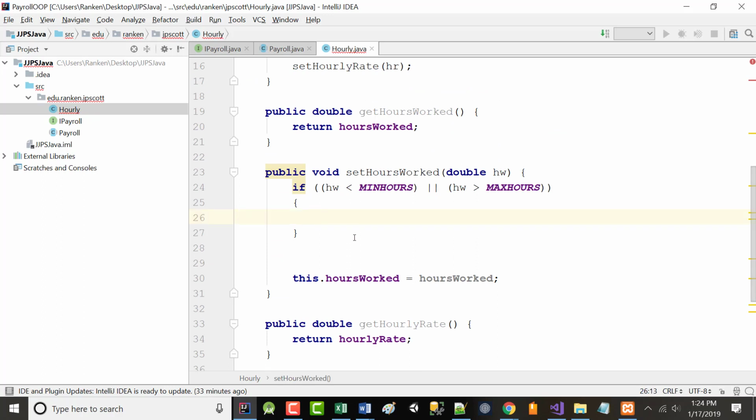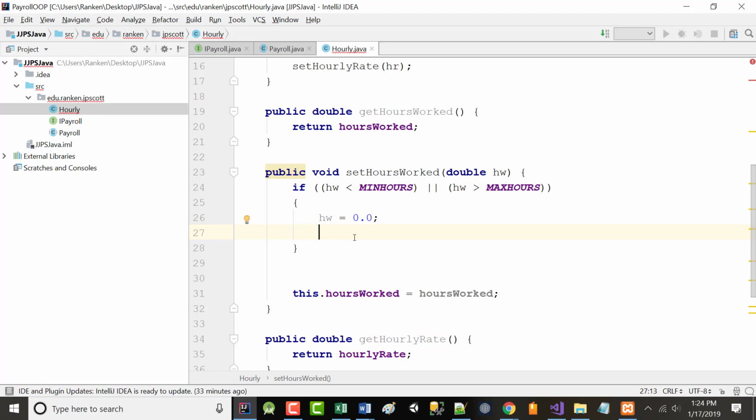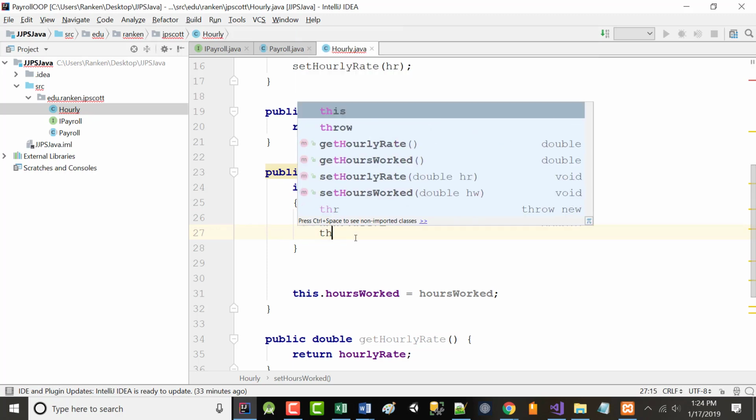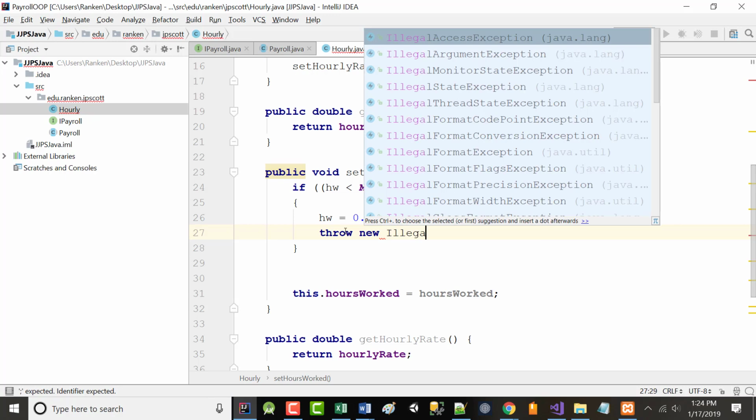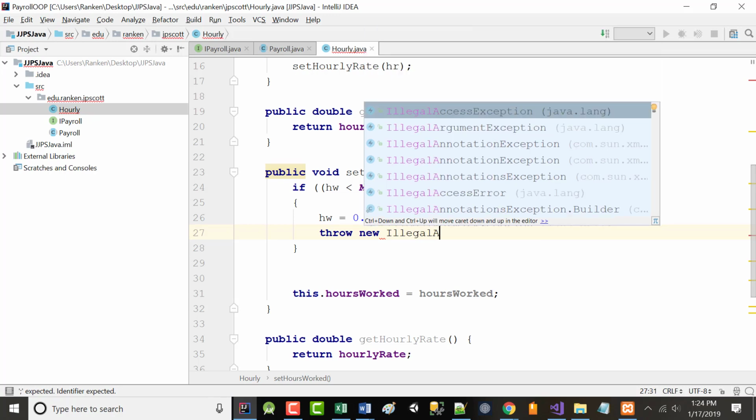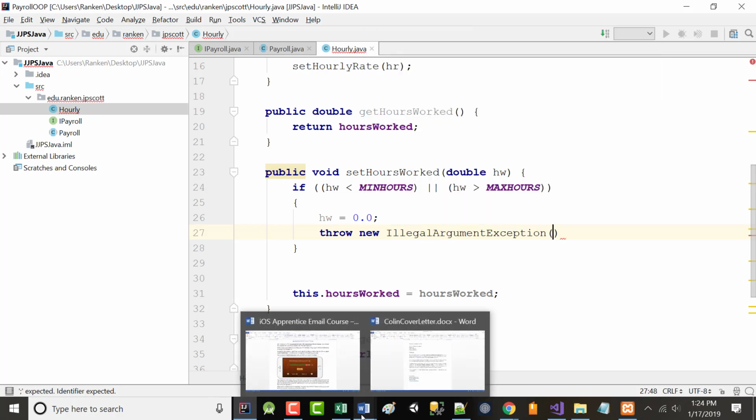All right. So we've got this. If this is out of whack, what am I going to do? I'm going to just set the hours worked equal to 0, but I'm going to do more than that. I'm going to do what's called throw an exception. So I'm going to throw a new illegal argument exception. And I'm going to put in here some stuff. Well, what exception?